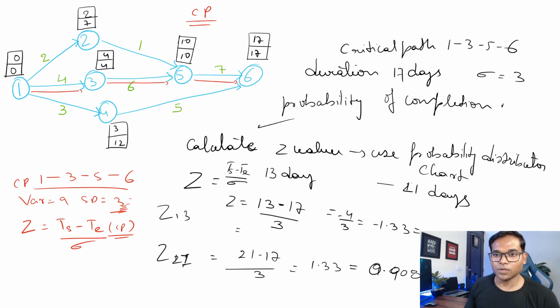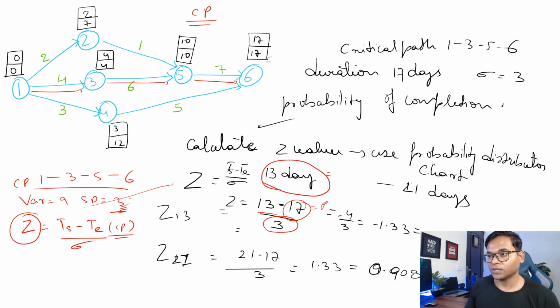Okay, so now we utilize this z value, and then we'll calculate the probability. So if you see here, let's say we want to find the probability of completing a project within 13 days. So we will apply this formula. 13 minus 17, which is coming from the critical path, right? Then we have the standard deviation, and if you go here, we see the z value is basically minus 1.3, which basically corresponds to around